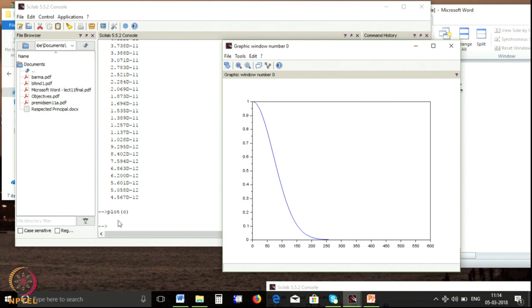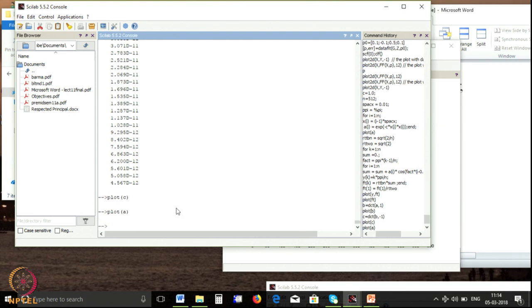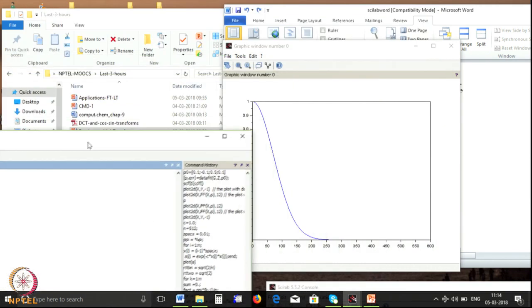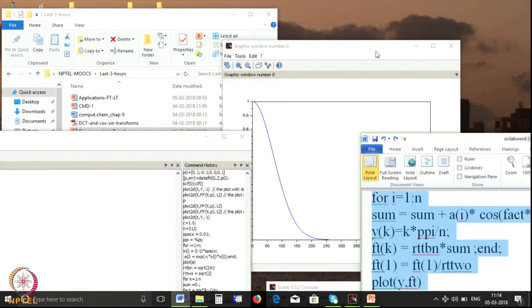C is the inverse transform of the forward transform, and I am getting exactly the same as the original. On the same graph, let me also plot A. So, I now plot A on top of C. Okay. So, let us see. Okay. So, there has been no difference.